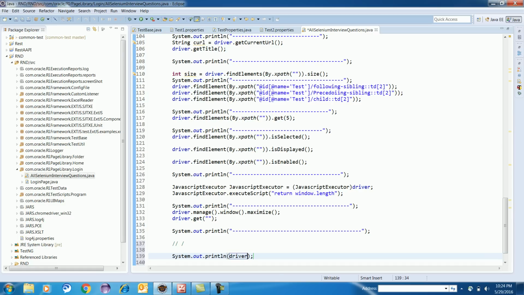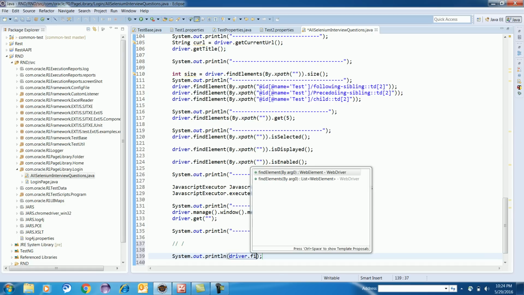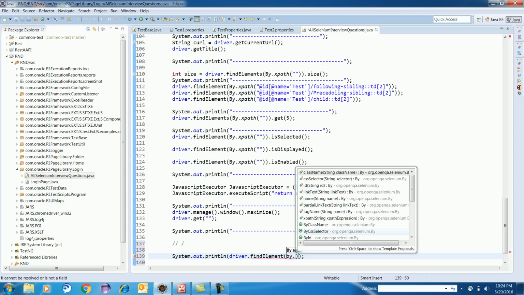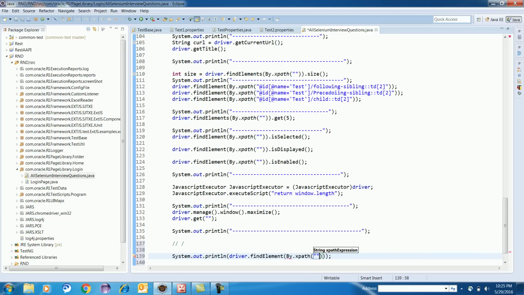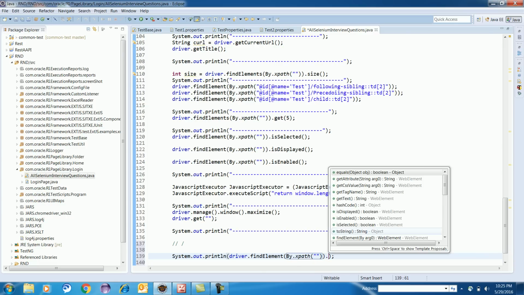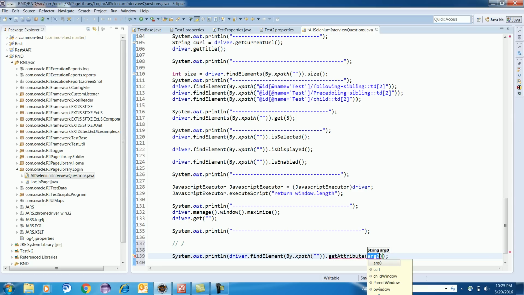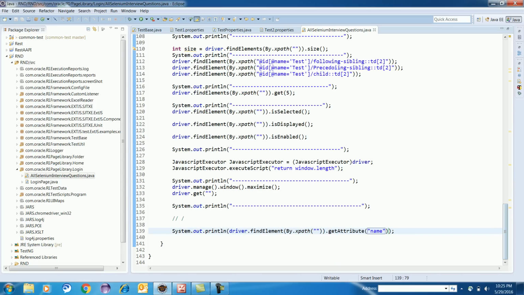So you can say like this: you have driver.findElement by xpath, and you have one method available called getAttribute, and here you can supply the attribute name. Let's say I want to get the name, so this will give me the name of that particular web element, right? Similarly you will have a lot more things, instead of getAttribute.